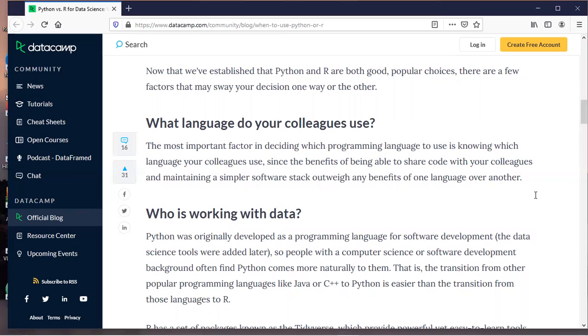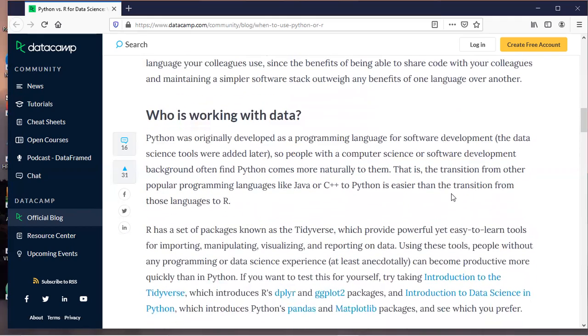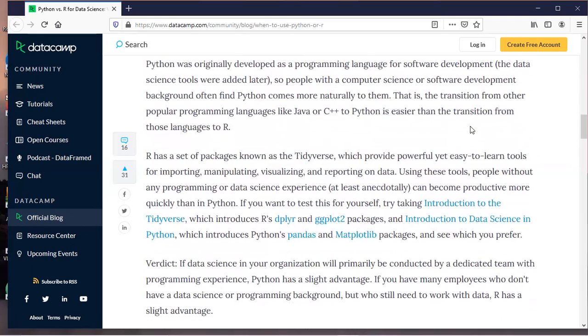It was actually able to be used with Java and C++ so that you can use, let's say, different programs that someone else built, tools that can be used in your own program, and be able to transition them to be working together. But R is usually used by people who had no computer programming background or